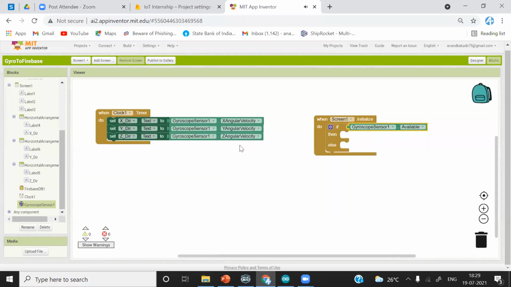If it is available, it will return true. In this if condition, we are putting this gyroscope.Available. It will return true if this sensor is present in your smartphone. Then it will execute the blocks under then, or if there is no sensor available in the smartphone, it will just execute the blocks under the else.